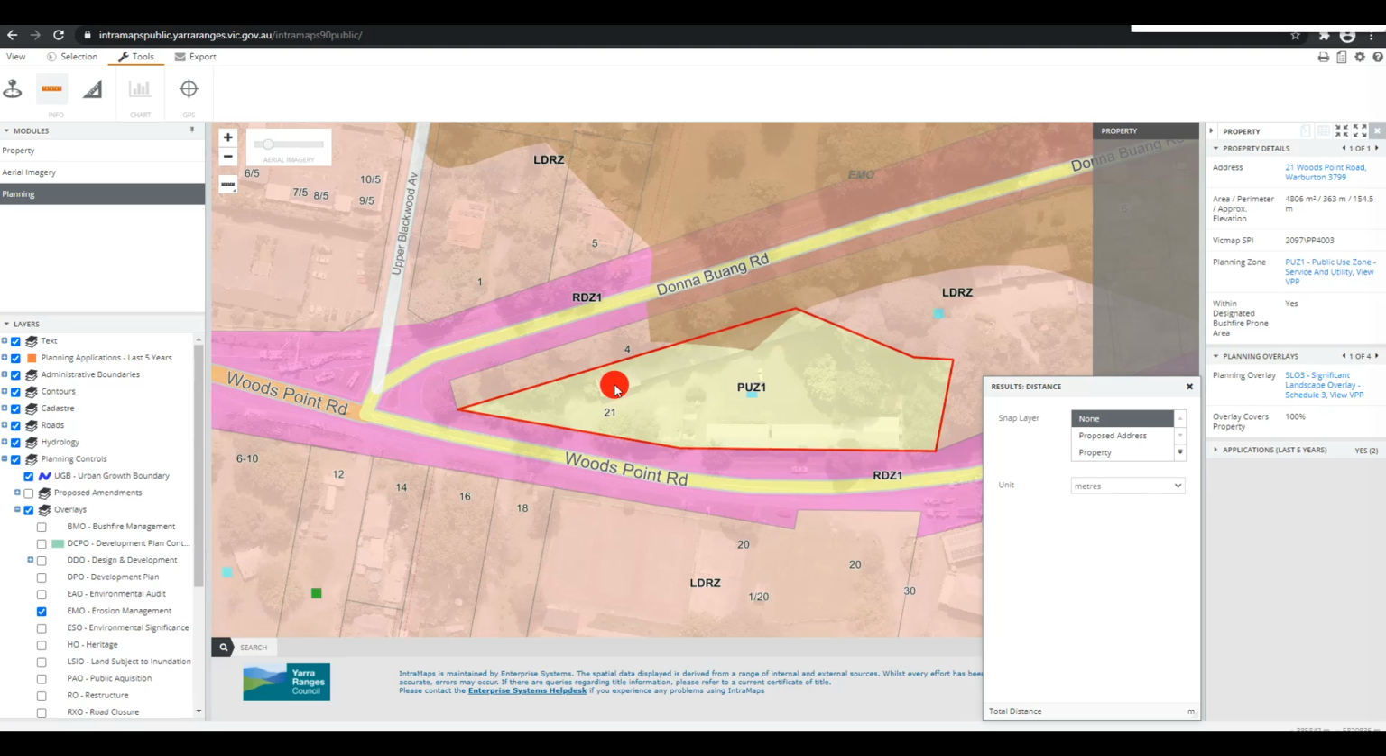Before using the measure tool, it may be beneficial to zoom in on the map display to get a better view of the areas you want to measure. To do this, use the plus icon next to the aerial imagery tool to zoom in and the minus icon